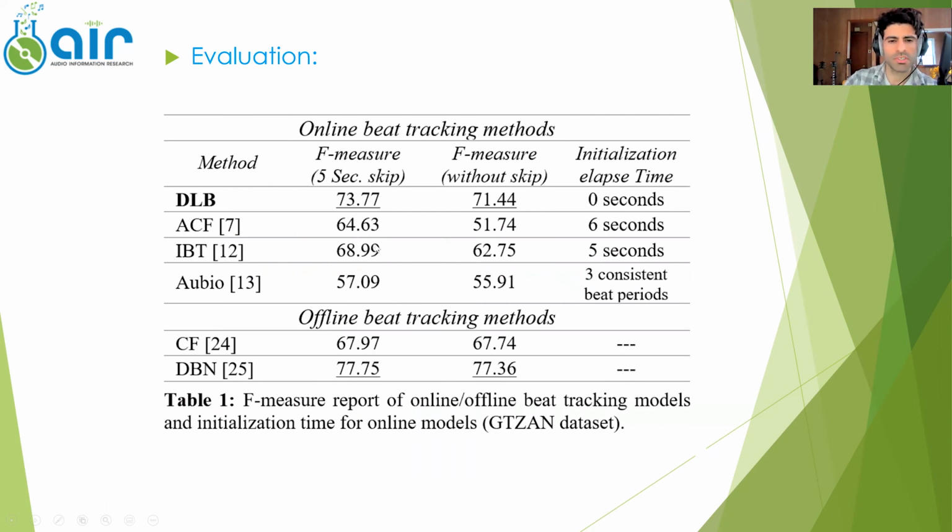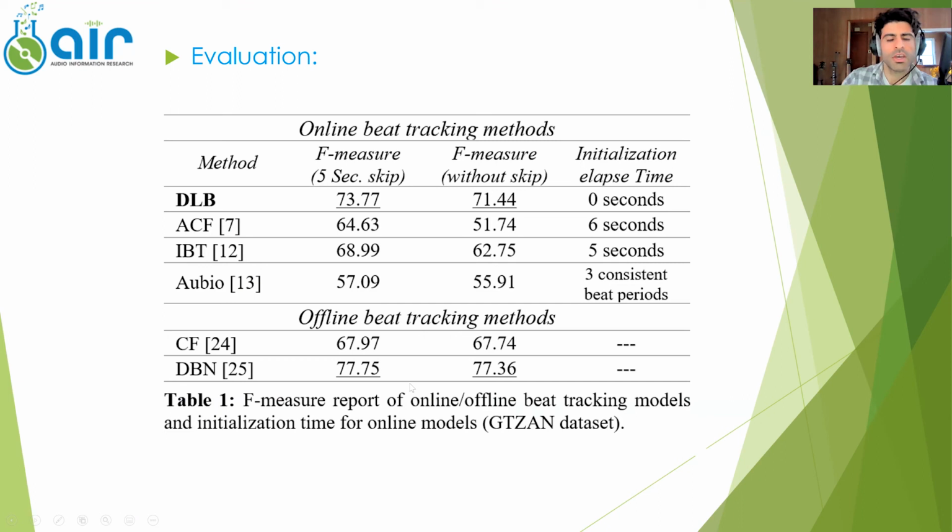We have two F measure columns, one with 5 seconds skipped and one without. Usually they report the results based on 5 seconds of the song skipped from the beginning because it is kind of a truer balance. So that's why we have two columns in here. And as you see, the Don't Look Back system outperforms in both scenarios. The other important thing in here is that our model doesn't require initialization time. The other online beat tracking models, the three ones, as you see, require some initialization time, but ours